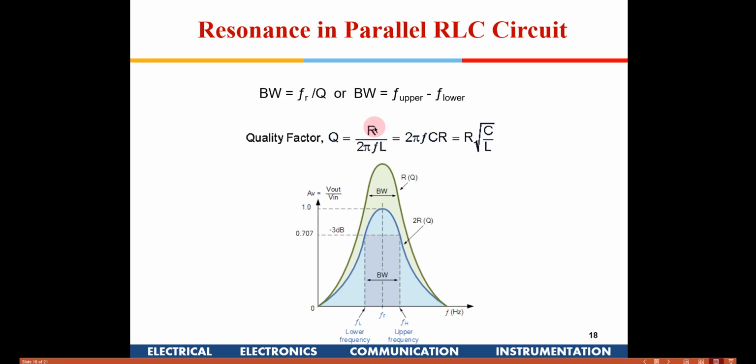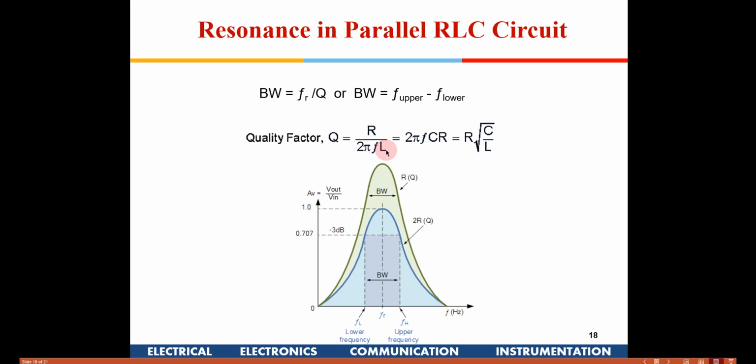Okay, so if you see here, the R, L, omega is in there. If you have a higher inductor and a lower resistance, the quality factor would be high. Here the resistance has to be higher, and then the inductance comes in the denominator in this particular case. So this is the change. Otherwise, the rest of the things are the same. So you have to be careful while computing the quality factor.